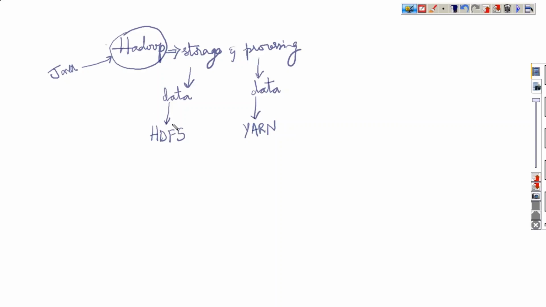HDFS is a file system for storage purposes, the Hadoop Distributed File System, and the full form of YARN is Yet Another Resource Negotiator.